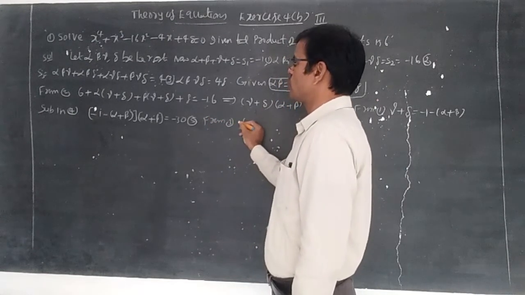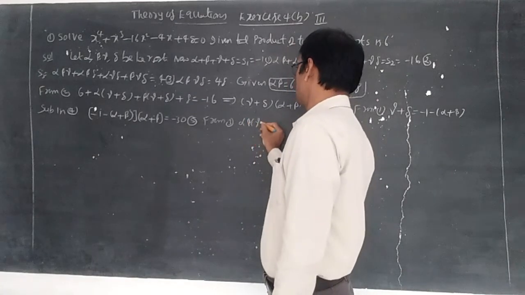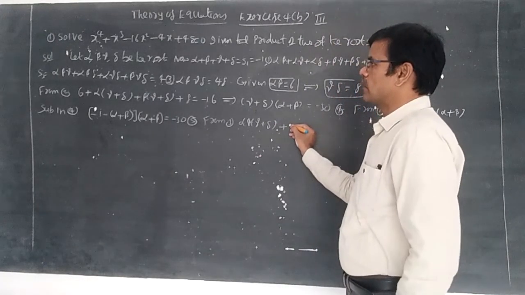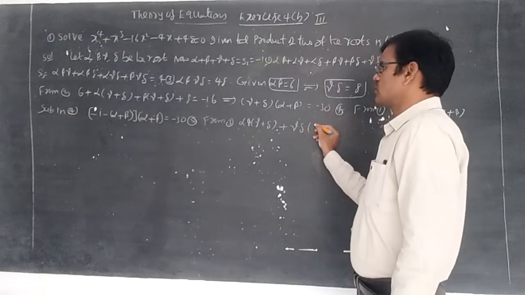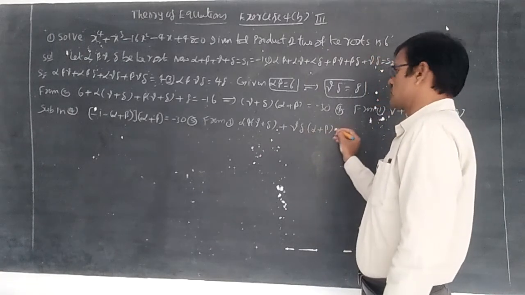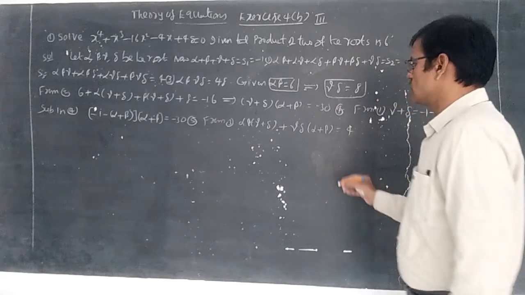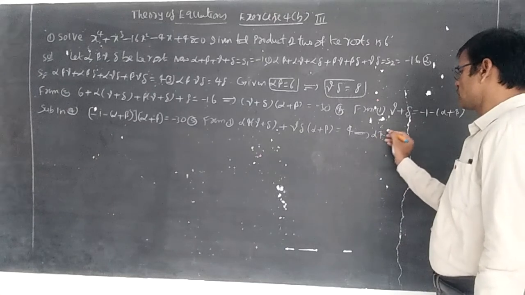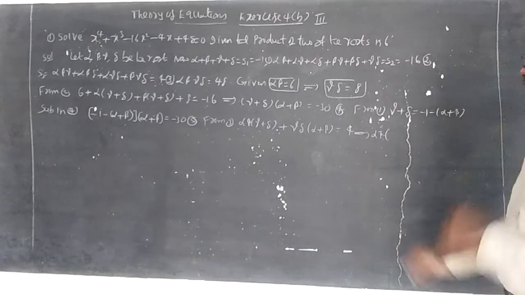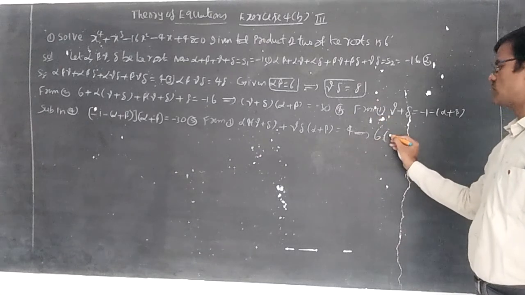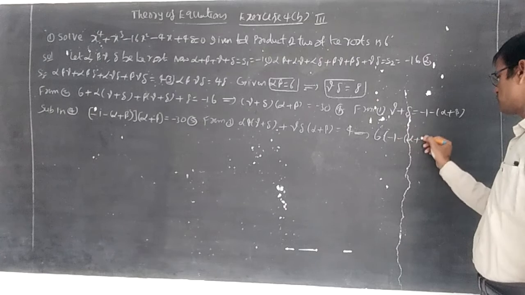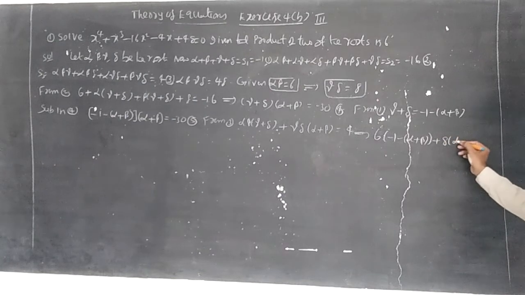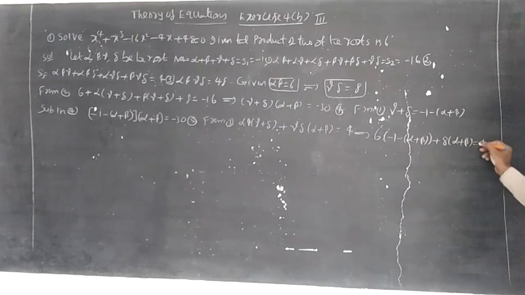From 3, if you take alpha beta common, within brackets gamma plus delta, and here gamma delta you can take common, within brackets alpha plus beta, is equal to 4. Here you can put that implies alpha beta into alpha beta value we know to be 6, into gamma plus delta, which means minus 1 minus of alpha plus beta, right? Plus gamma delta is 8, into here alpha plus beta, is equal to 4.